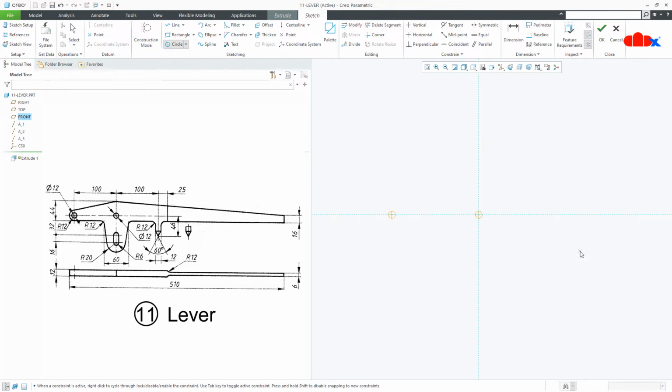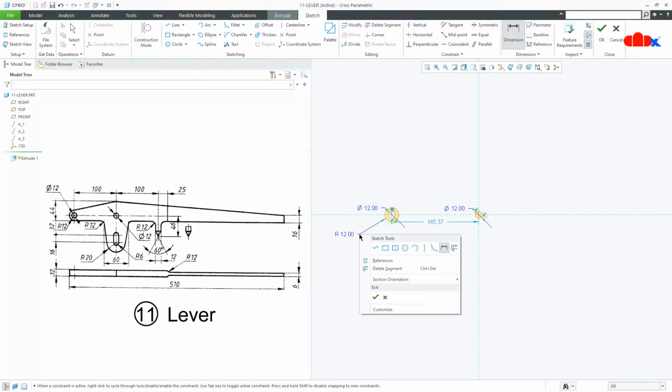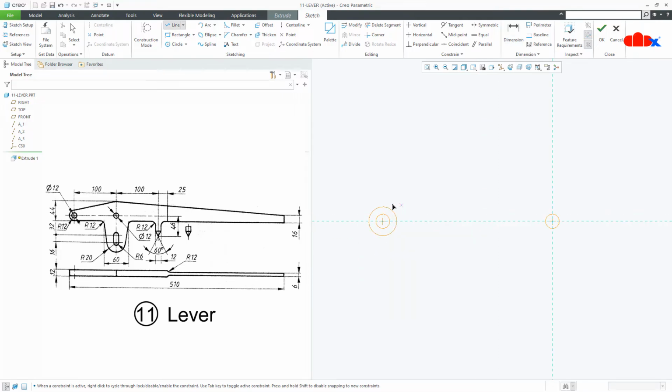Now draw a bigger circle, this is radius 12, draw the line from here till here. Now this is 100.